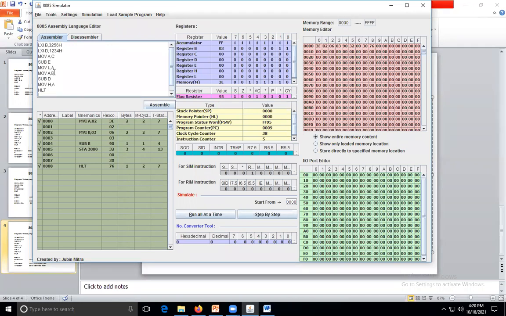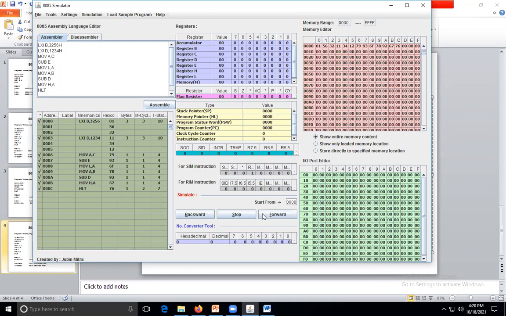Okay, 0. Then assemble the program. No errors are there. So see what will happen. 0, 1, 5, 6, 5, 6, 3, 2, 3, 2, 5, 6 is there, and 1, 2, 3, 1, 2, 3, 4 is there. You have to subtract, and see what will happen. One by one we are discussing.